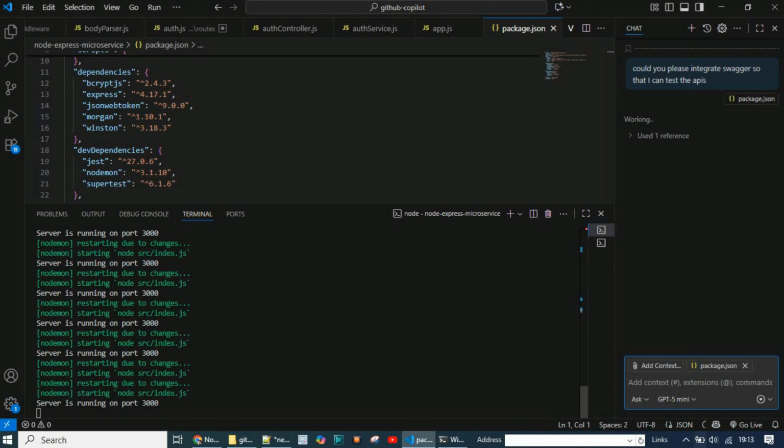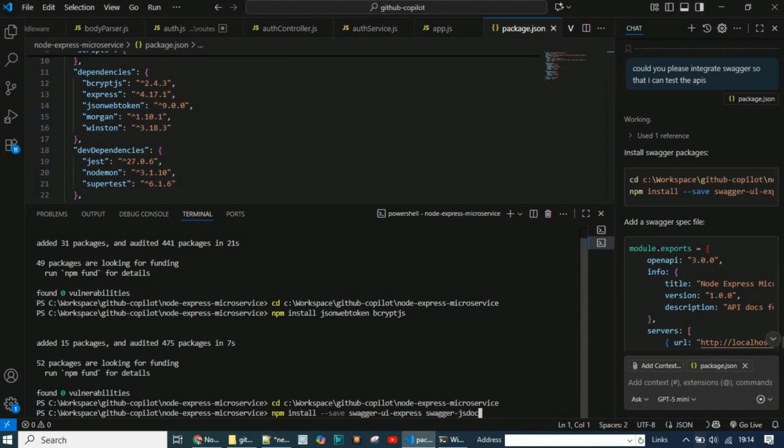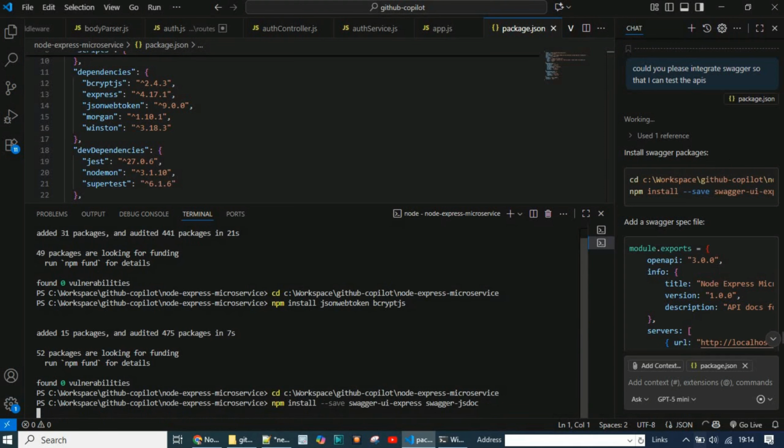Swagger will be helpful in that it will create a UI interface, where all the APIs will be listed with the request body and all the things, so we can test the APIs. So here it's generating the Swagger spec files, and to integrate into our Node.js microservice, we need some packages like swagger-ui-express